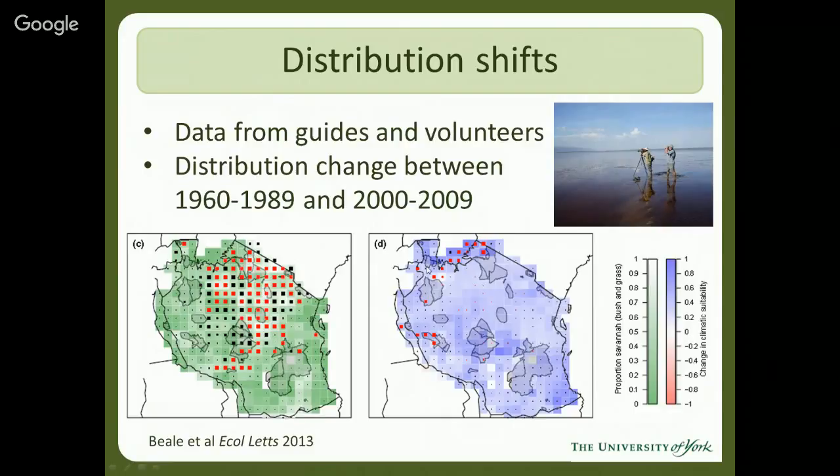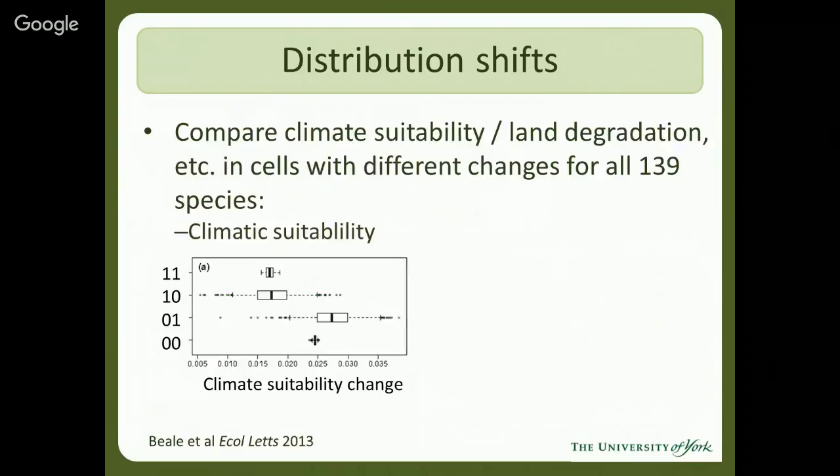And you can see that the dark blue areas tend to be the areas that have been colonized. So we've got a fairly good idea that this species is following changes in climate to that west area, and it's all to do, in this case, with the length of the dry season. And we can see that this has changed. So that's just one species, but we've actually done this for 139 different species that live across the savannah, and